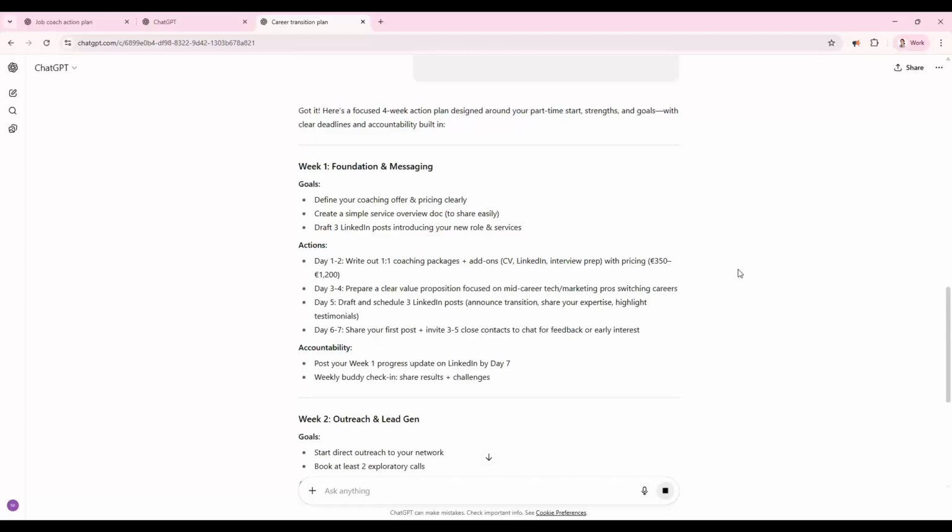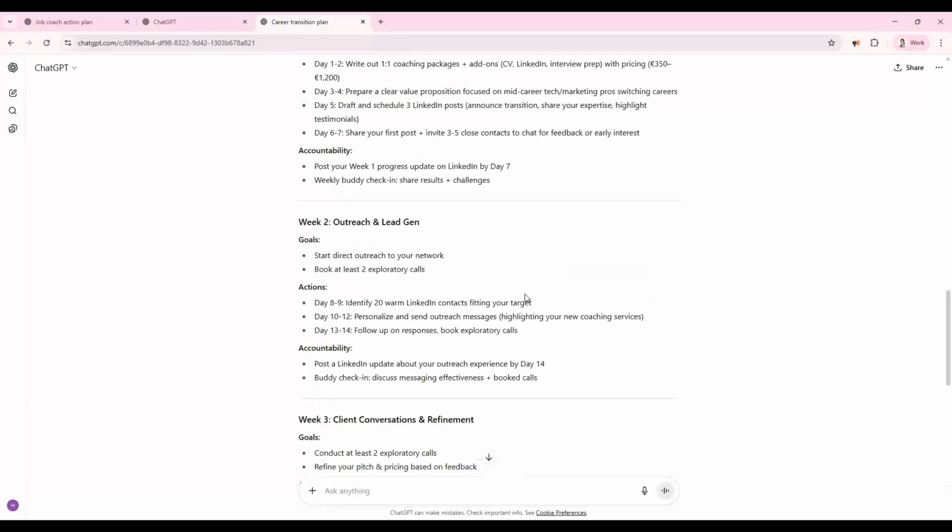Okay, excellent. So it's broken it down week by week for us, and it's separated it into goals, actions, and accountability. So that's really, really useful. And it's followed that same path for all 4 weeks.